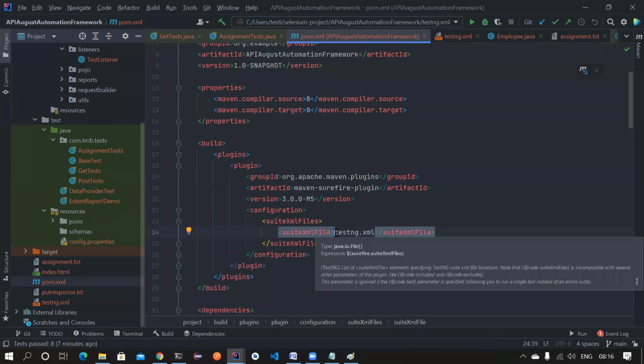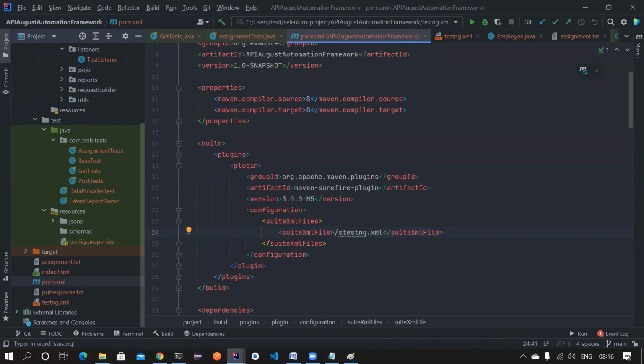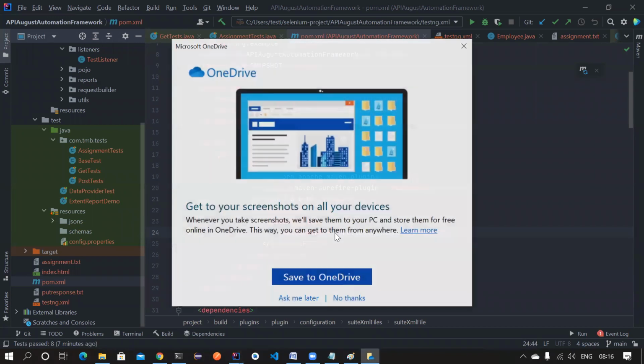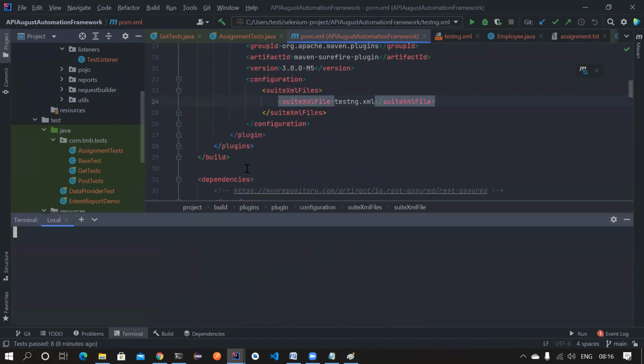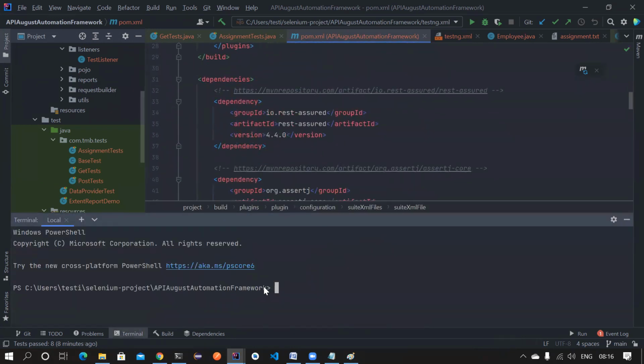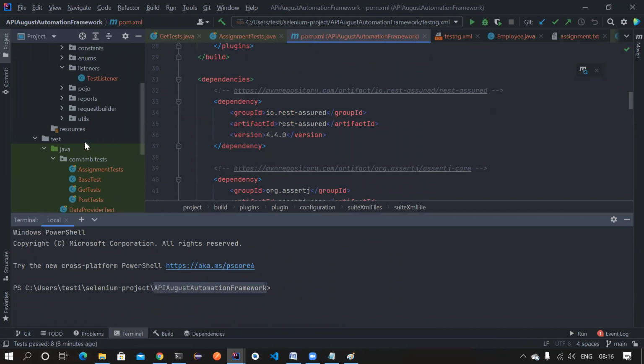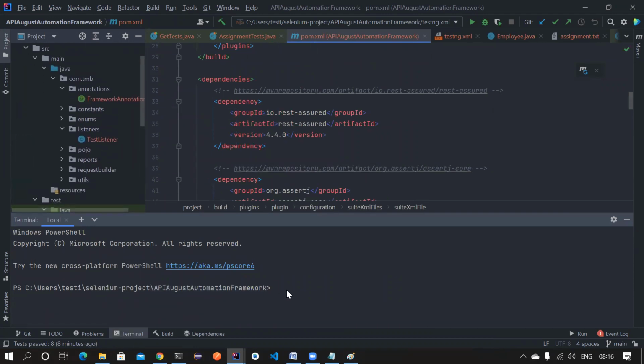Suppose it is located in src/test/resources, then you can give /src/test/resources, something like this. But in my case it is located in the root node, so I can give it like this. Now, instead of directly calling the testng.xml, I can run it as a Maven command. What I can do is open the terminal. This goes to the project location where my project is located, and now I can type mvn